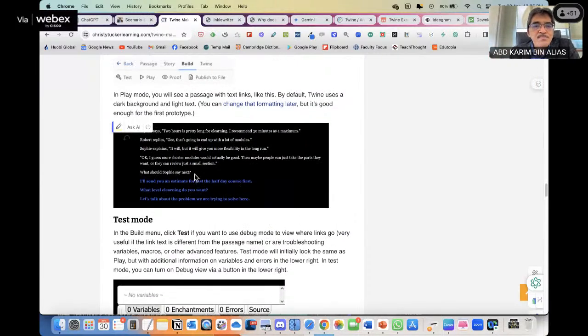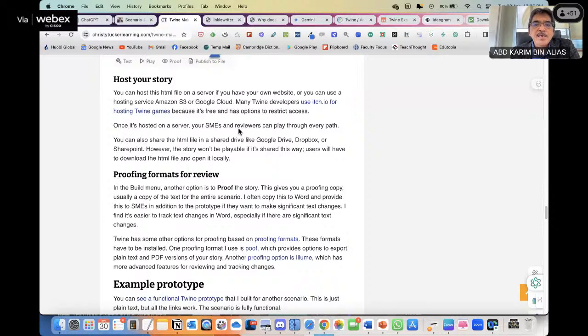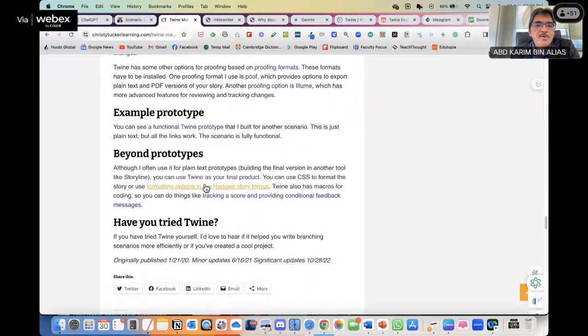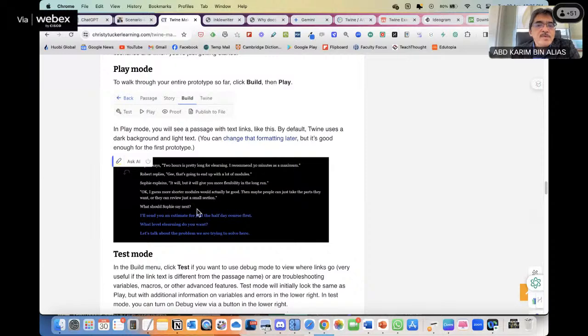But otherwise, the result would be like this. Text based, yeah, text based. Let's see the actual output from the example.